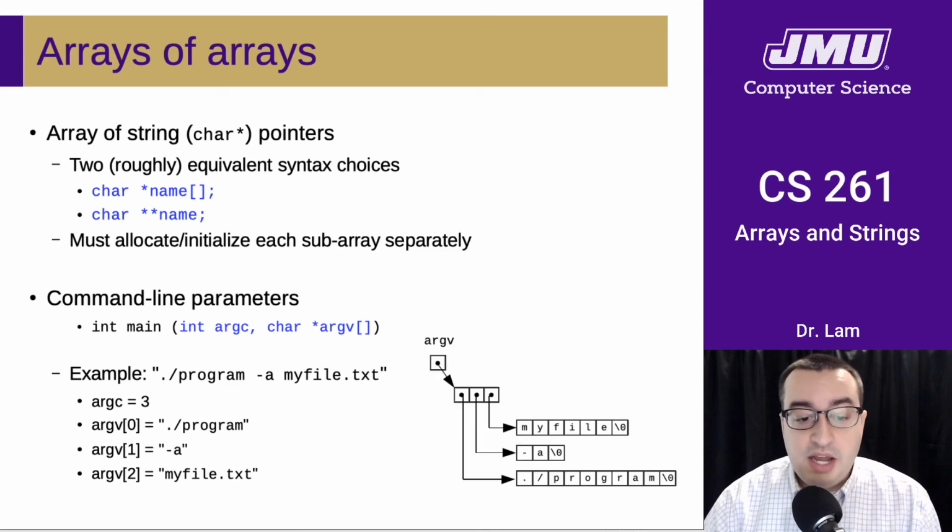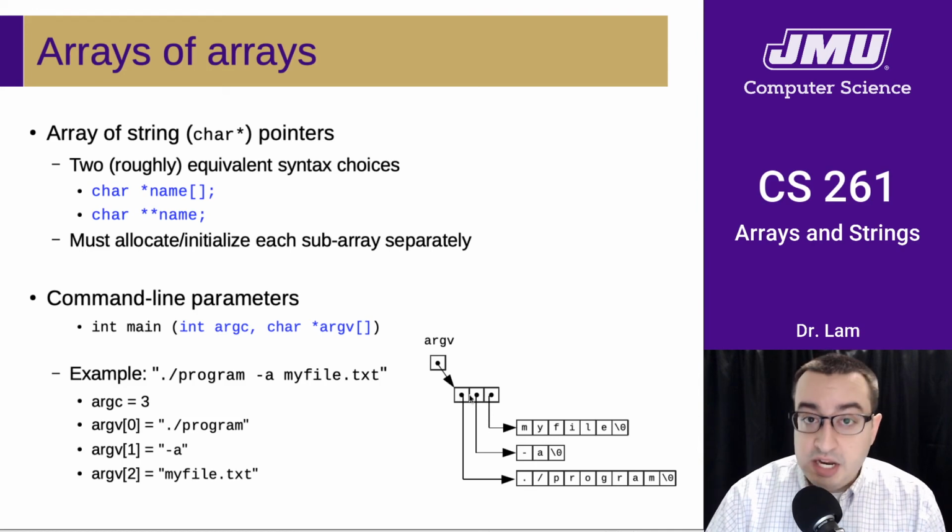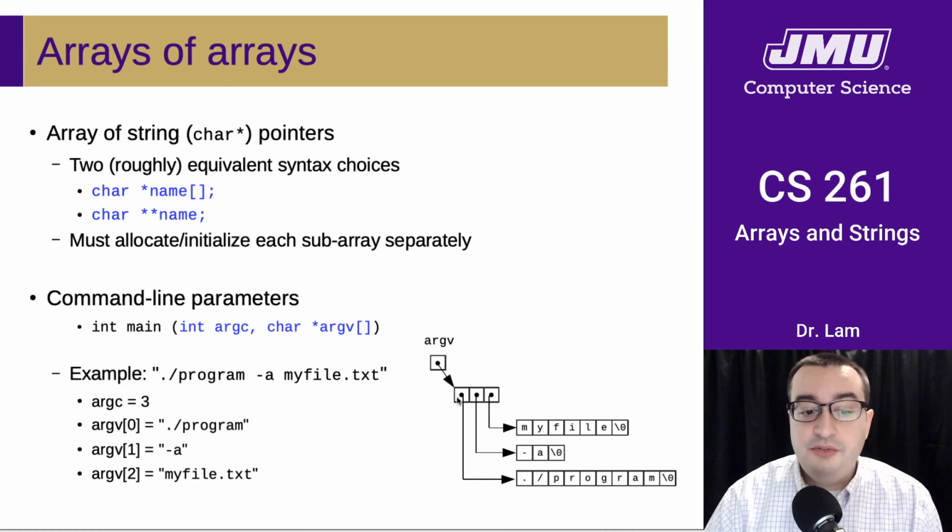And so if we were to look at how this is actually laid out in memory, argv is a pointer to characters. So these are the 3 strings which exist somewhere in memory. You can see that they're null terminated. And then here we have an array of strings, which again are basically just an array of character pointers. They're an array of pointers to arrays of characters. And so that makes argv a pointer to an array of pointers to arrays of characters.